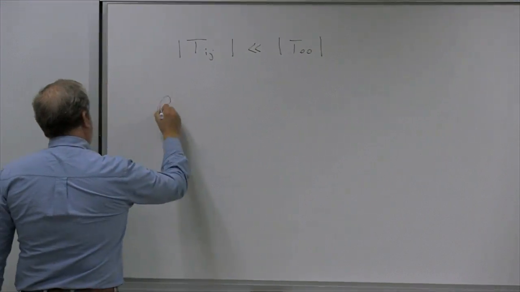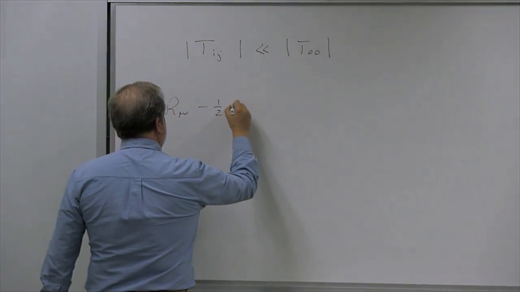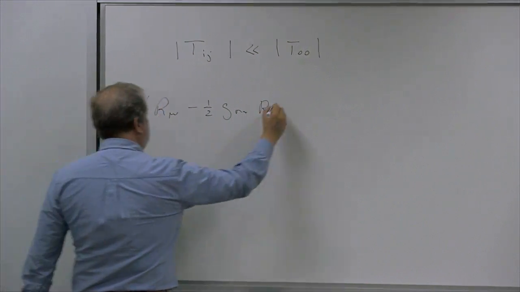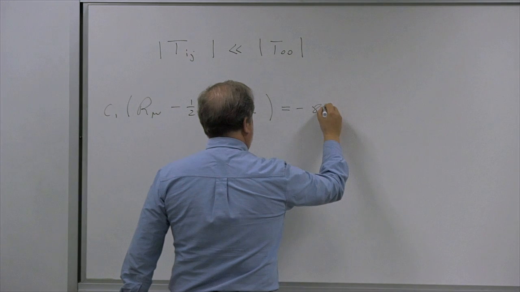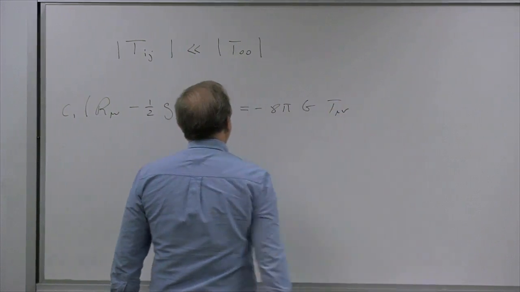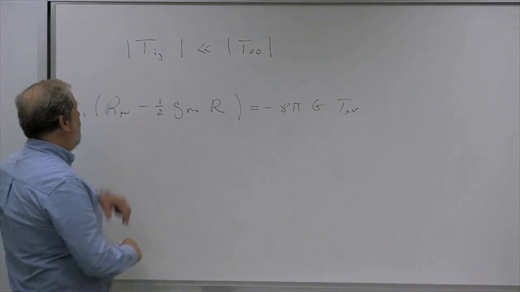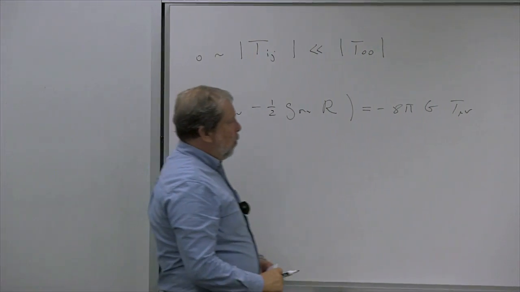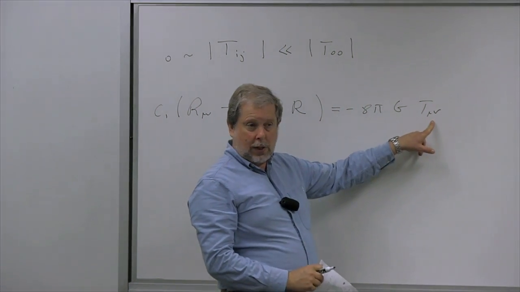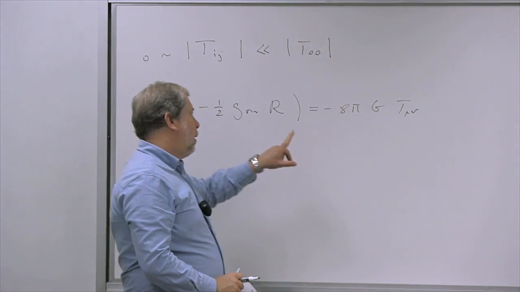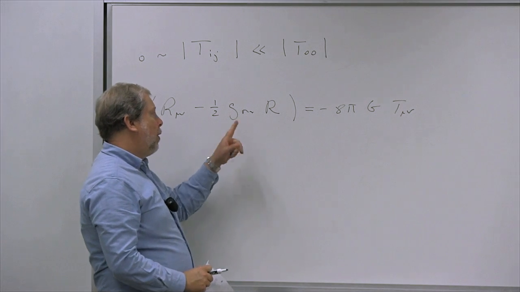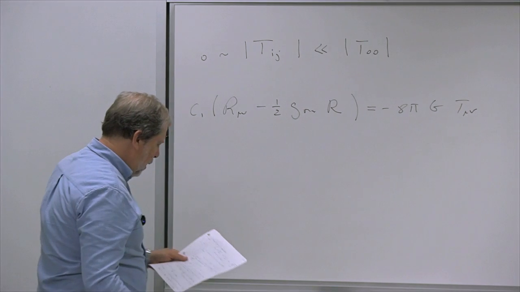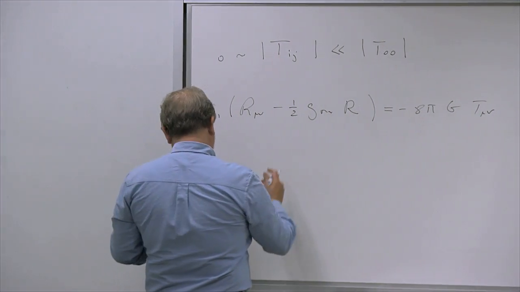So the field equations are R_μν minus 1/2 g_μν times R, and then multiplied by this C1. And this is going to be minus 8πG times T_μν, right? So if these components here are very small, then what you have on the right-hand side is essentially just a T_00. And for the 00 components, what you're going to have on this side is the R_00 and the g_00, right? So that in turn implies that,